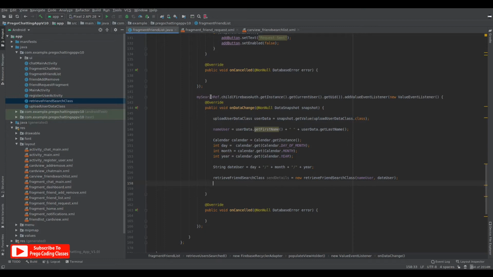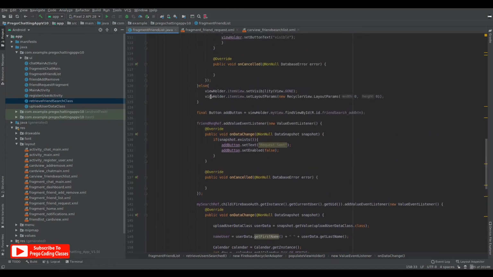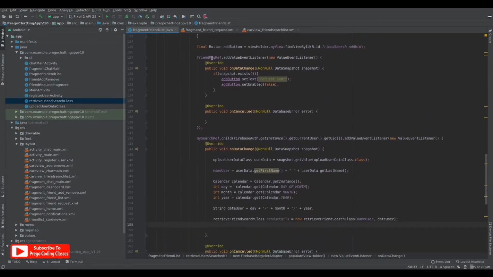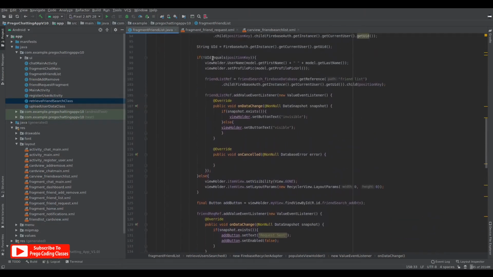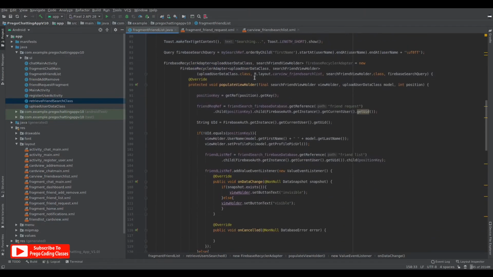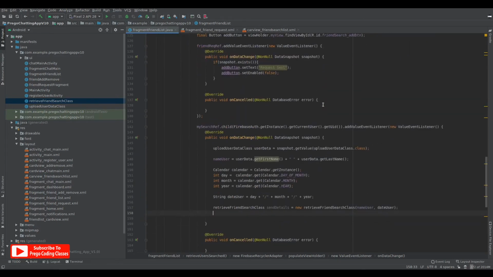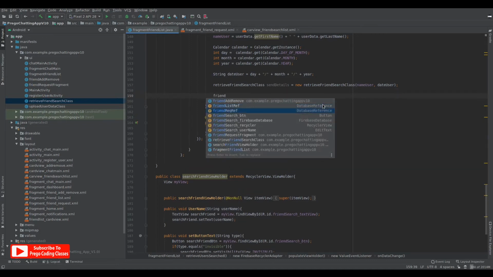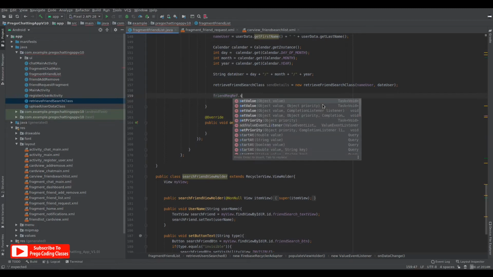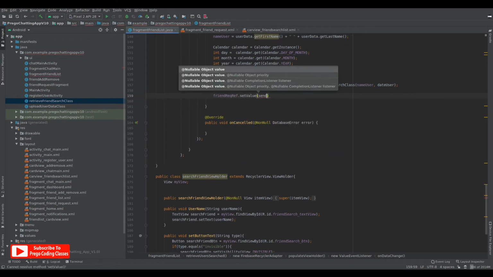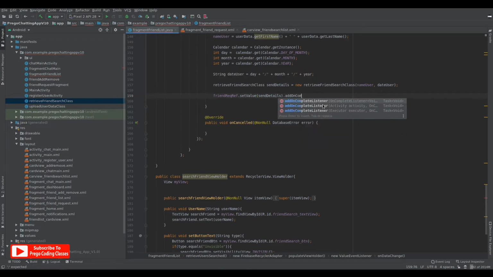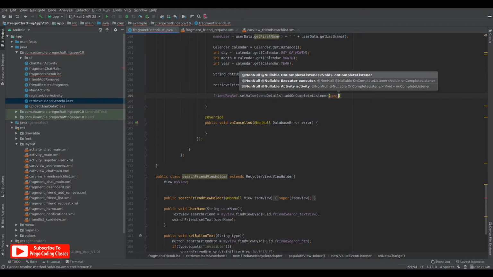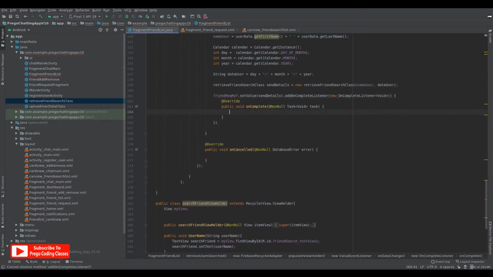We have used this database reference. Now we'll use the friend request reference, where the friend request is. We're adding a value underneath that node. Friend request ref dot set value, that would be send details dot add on complete listener, new on complete listener.